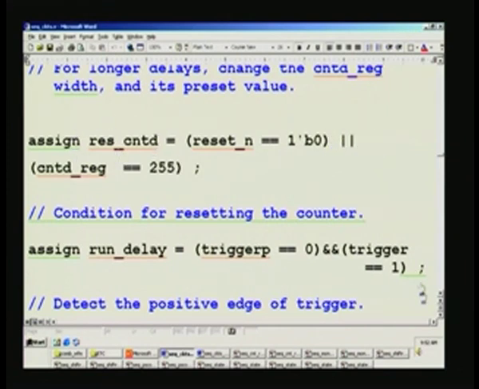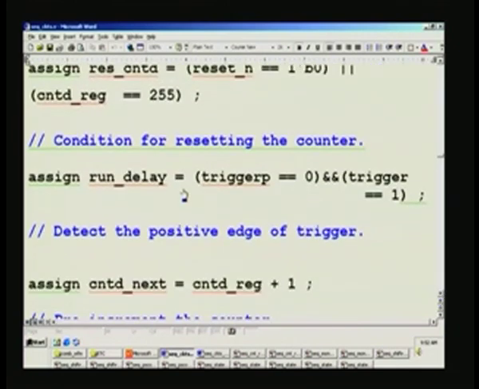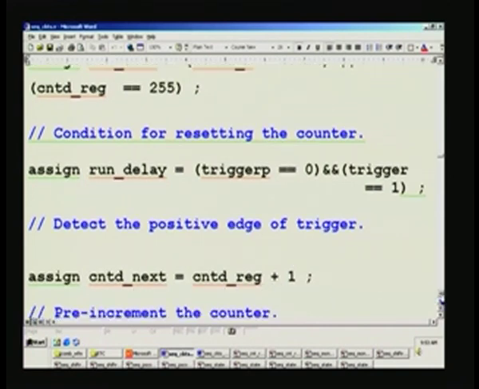And now if you see here, in run delay we have already seen trigger P and trigger 1 being equal to 1. So, rising edge, that is how you sense here. Once again all these are combinational. Therefore, when this happens, immediately it will show at the output, and these are all mere incrementing. So, what I want to show is here,